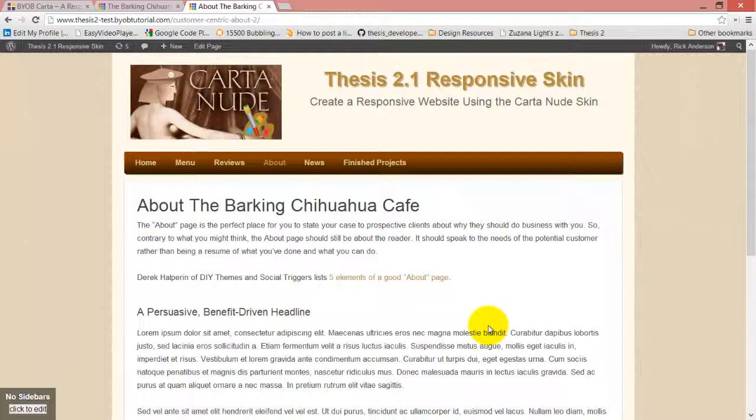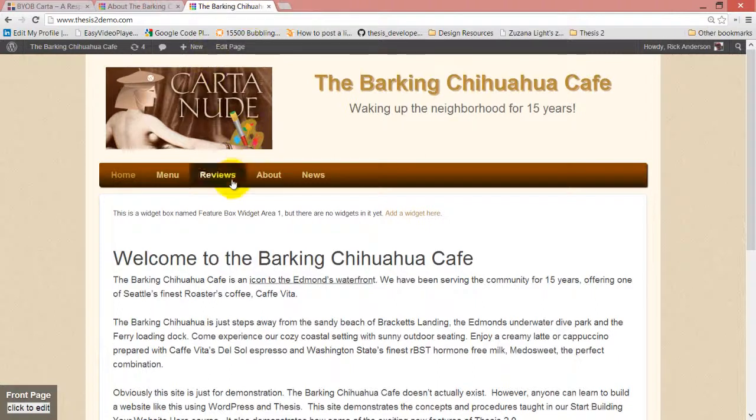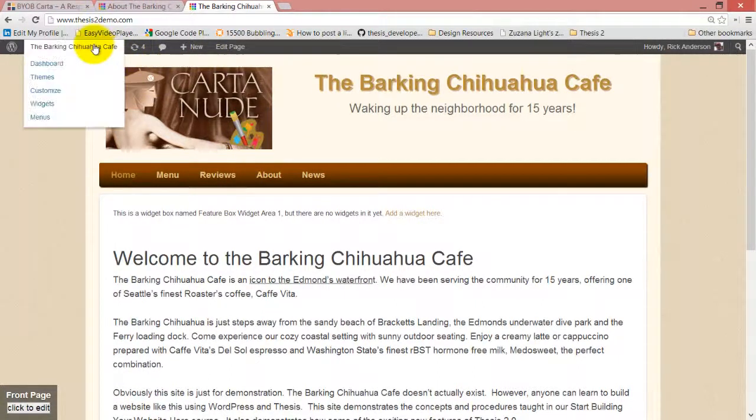But almost everybody who sees this, when we talk about upgrading, you'll be talking about upgrading from one version of 2.1 to another version, because I've released several versions of Carta here recently, adding functionality and squashing bugs and stuff like that. So anyway, here's how we're going to upgrade this. So we come over to our dashboard